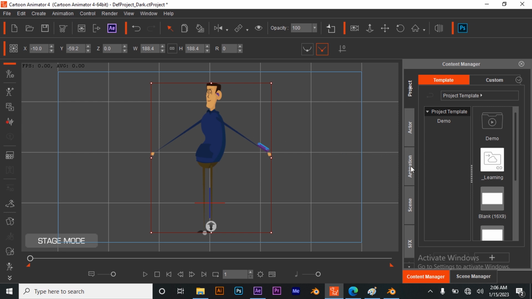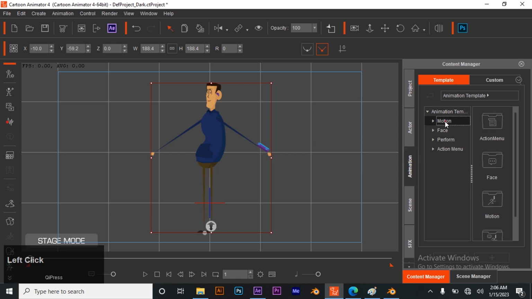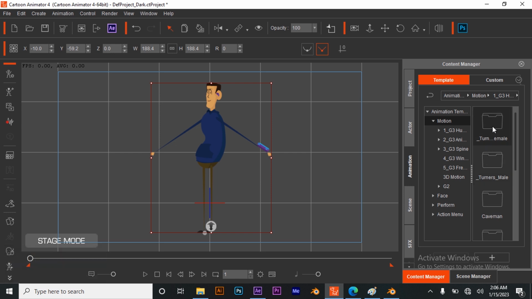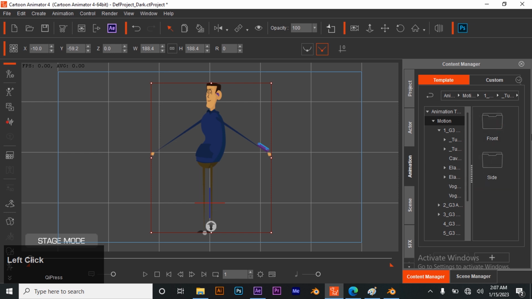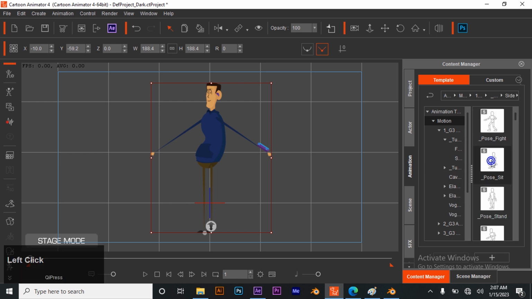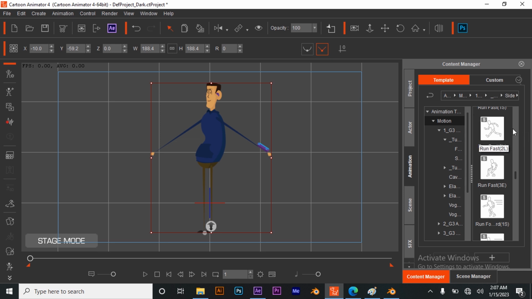So I'm just going to click on this animation, then motion. I'm going to click on this G3 human, double click actually. So there's a turnover female and turnover male. The action we want to use for this character is actually in the turnover female. It doesn't matter. So I'm going to double click on this side, then I'm going to look for the character running fast. I'm just going to be using this character running fast 2L. So I'm just going to double click,